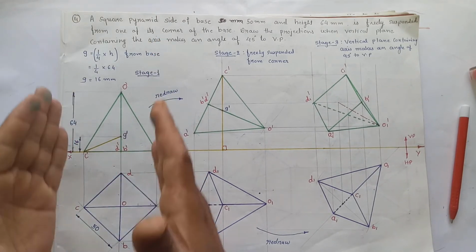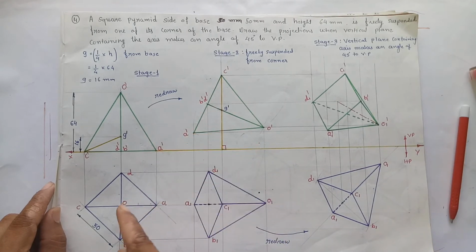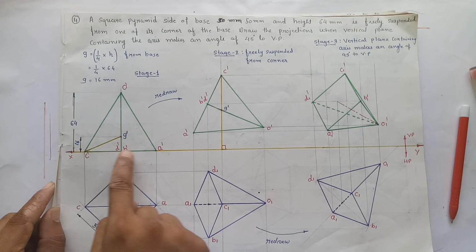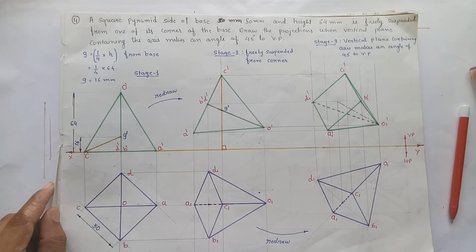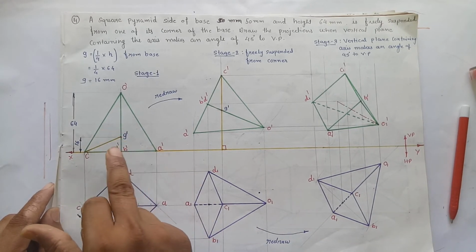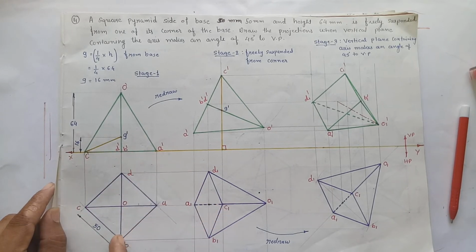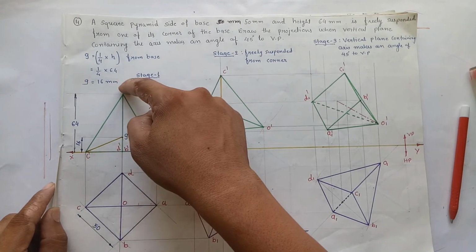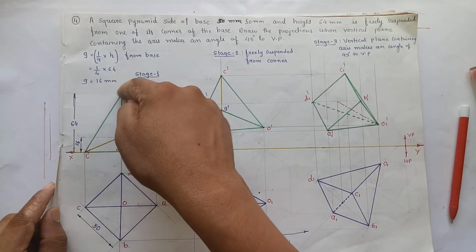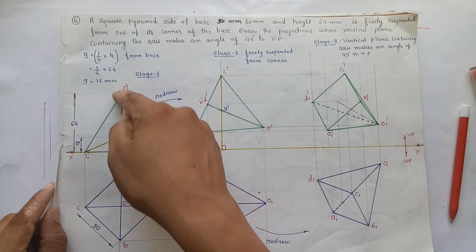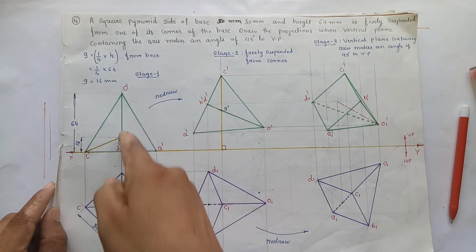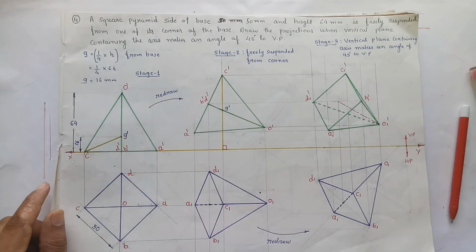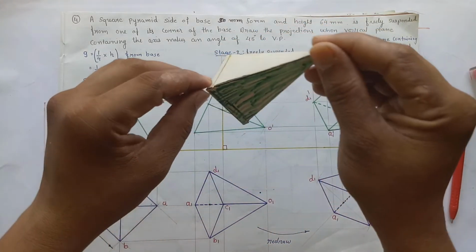Now to draw the elevation, project A, B and D and C. It will give us the elevation of the base, A dash, B dash, C dash, D dash. Now take the projection over here, measure the axis side O dash and join it to the base corners. It will give the slant edges O dash A dash, O dash B dash, O dash C dash and O dash D dash. Now we have to draw the second stage, in which we have to show this condition,